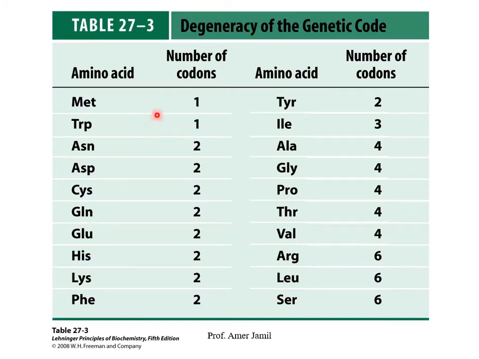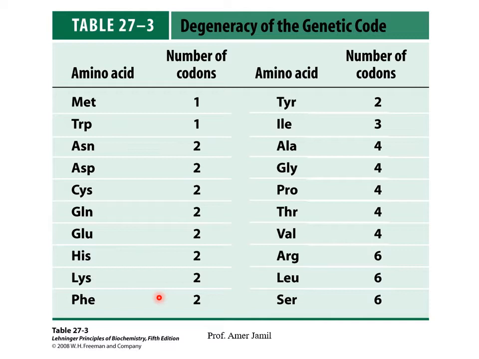Here you can see that 2 amino acids, methionine and tryptophan, have one codon, whereas many have 2, isoleucine has 3, and some have 4 codons. And 3 amino acids, arginine, leucine and serine, have 6 codons. This is called the degeneracy of the genetic code. Where does it come from? As I mentioned earlier, there are 61 codons for 20 protein-bound amino acids. And how are a total of 64 codons possible?